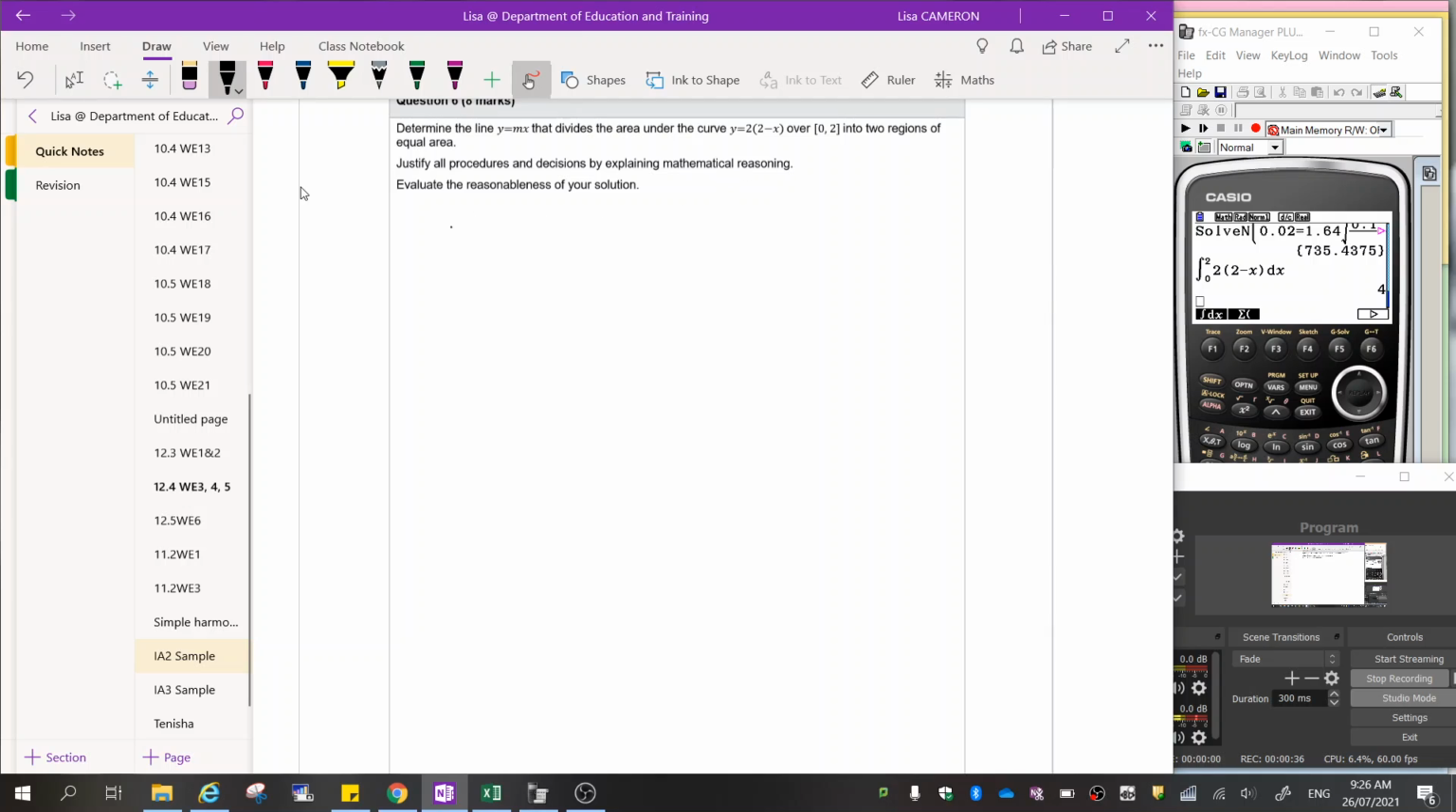So first thing we're going to do is calculate the total area. To do that, I'm going to integrate my original function over our boundary of 0 to 2 with respect to x. And as you can see, I did that in my calculator over here, and it gave me 4. So, therefore, we want the area under the function to equal 2. Now, in the question that they've written here,